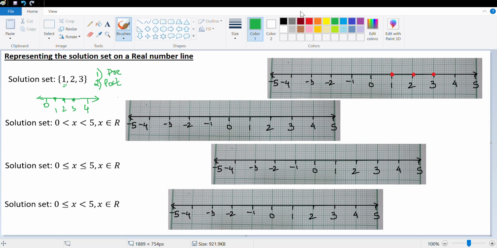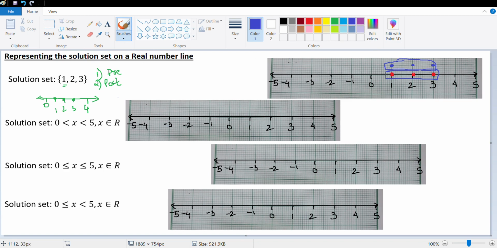This is what I have done on this graph. There are two ways of marking it. Some people prefer to do it on the number line itself, and some people prefer to do it slightly above the number line. So depending upon whatever is convenient for you, you can choose whichever method. Now I always recommend doing it slightly above the number line, because in case the marking that you've done is not bold enough or not thick enough, it may not be visible. That's why I always recommend doing it up, but doing it on the number line is acceptable as well.